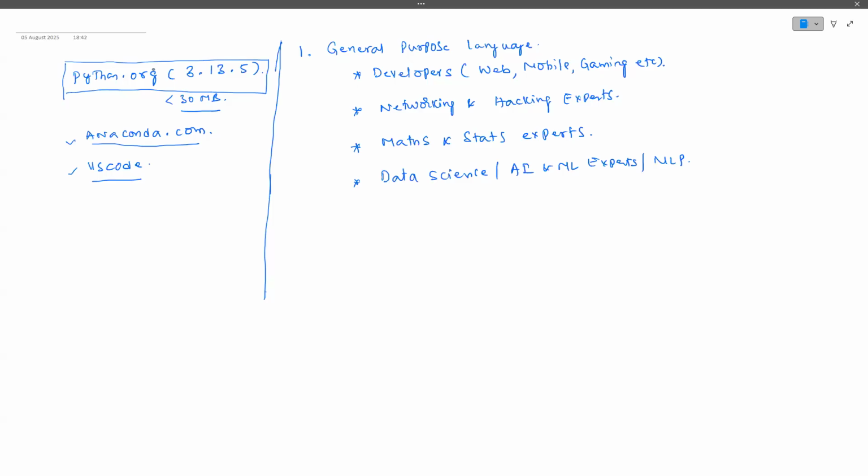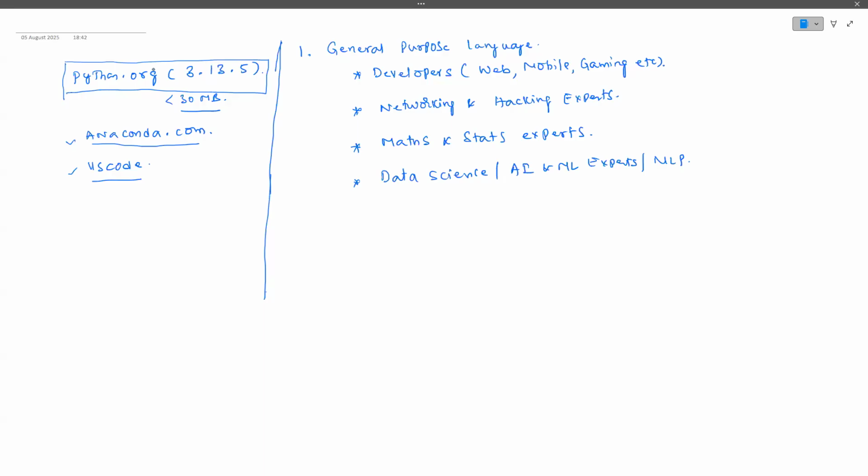In some data science classes, we'll teach a language called R. R is one popular language, but it is limited only to data science and machine learning. Once it comes to generative AI, the R language does not have any support. Completely with the help of Python only we are going to do it.